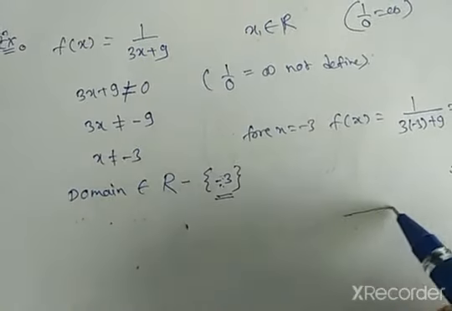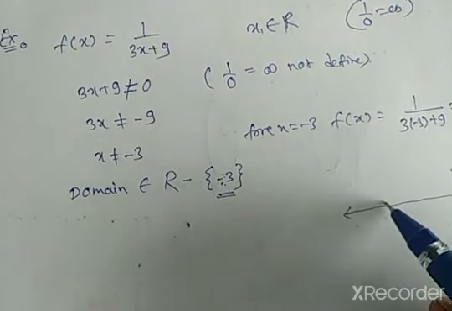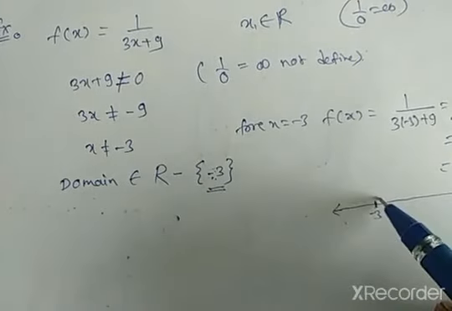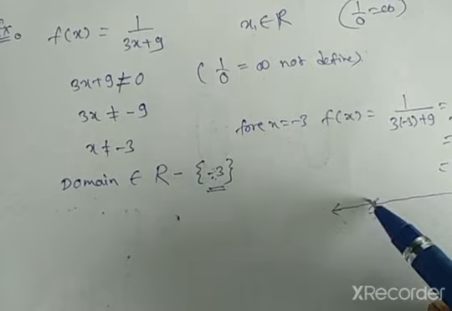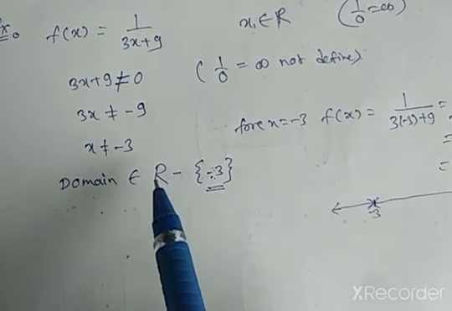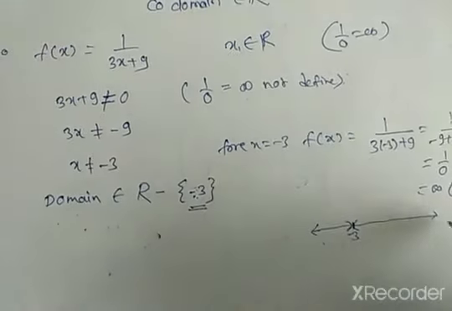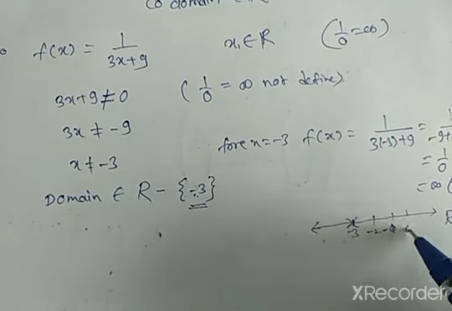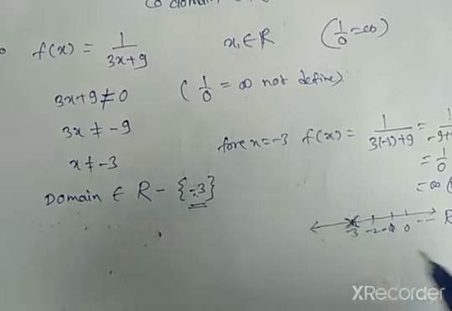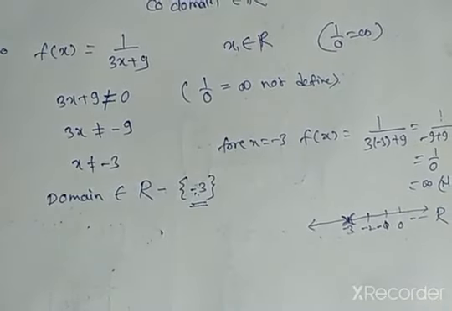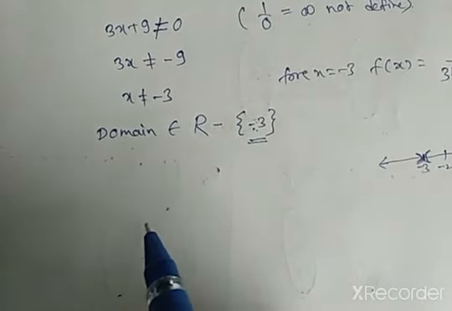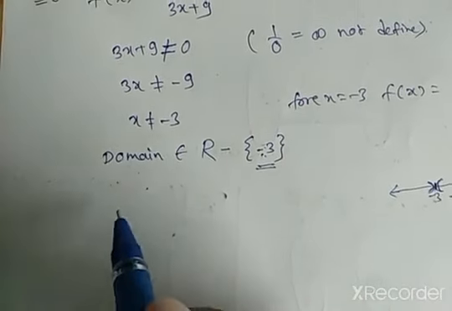The remaining points will be considered as the domain other than minus 3. If we define it on the real line, here it is minus 3. We do not take only the minus 3 point in this domain, and all remaining points are considered elements of the domain. Here it is a real line: minus 3, minus 2, minus 1, 0, and so on. So it will be like this. And now to find its codomain,